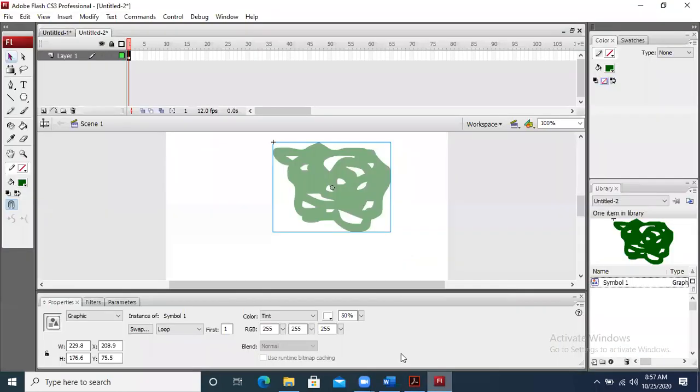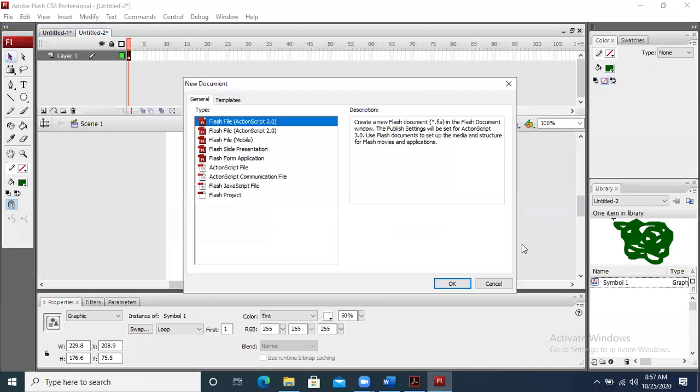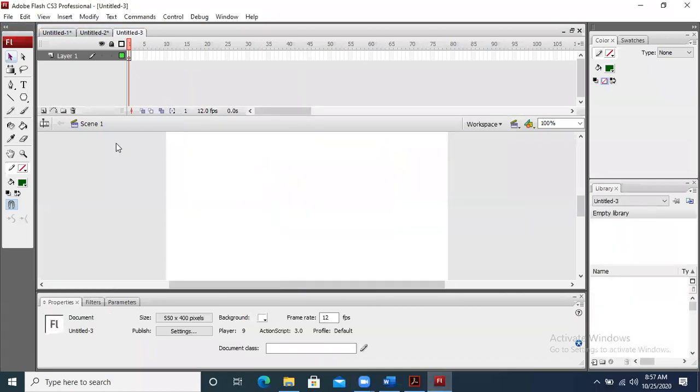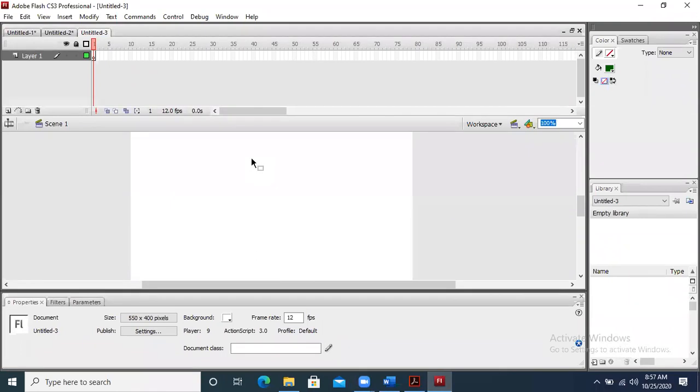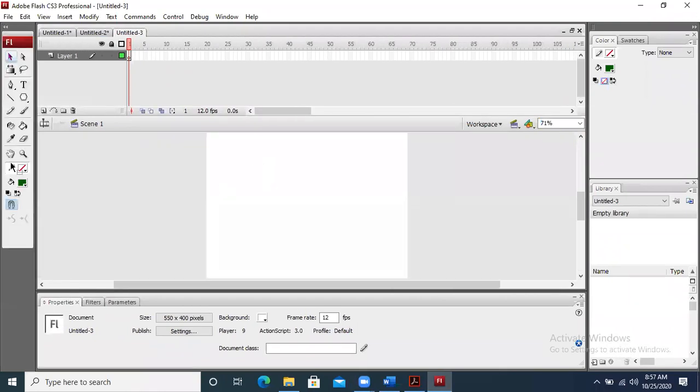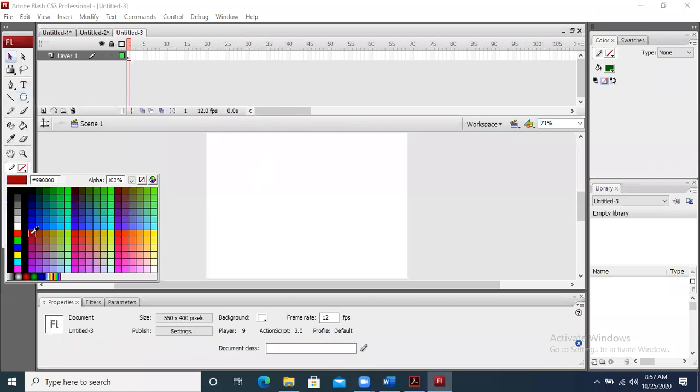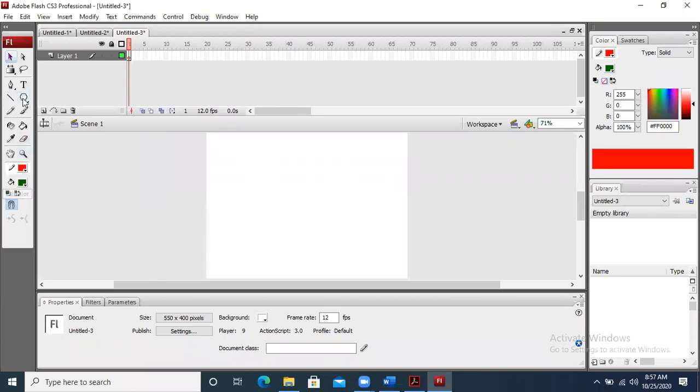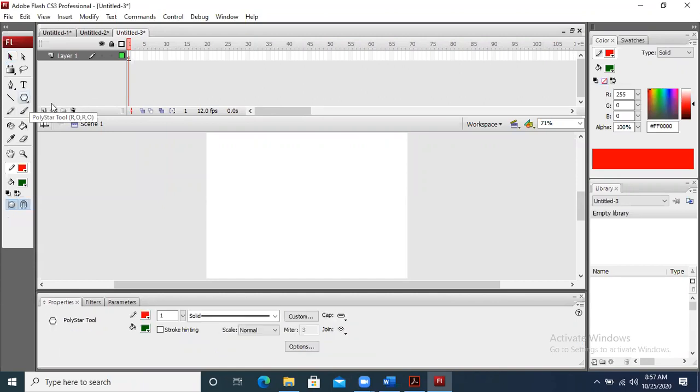For example, now please pay attention and see this example that I am going to explain to you. On a new file, I am going to explain one thing. If you see, I take a red color border and a green color object, and I am going to draw one polygon. Can you see this?